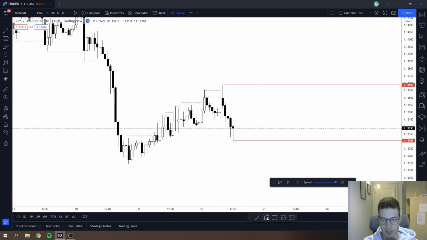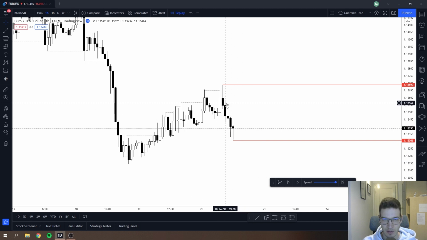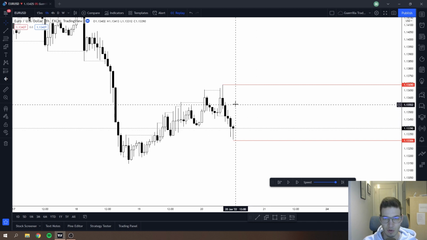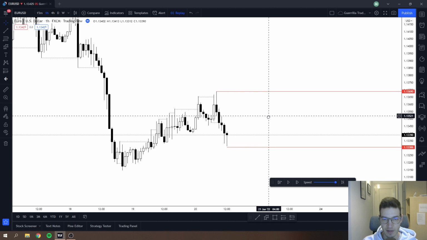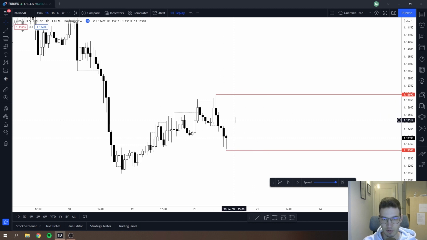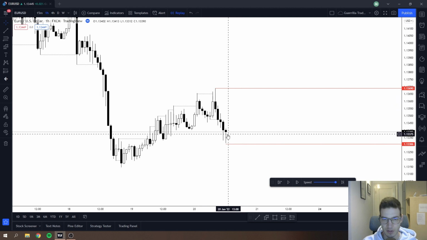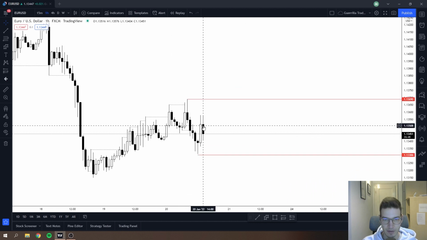But what I then wanted to see was a nice big impulse to the downside. But we actually got this very weak wicky impulse, so lots of wicks to the downside, large double wicks. At this point I was not willing to put a pending short order because this impulse just wasn't enough for me. So what then happened, we actually got a pullback, and